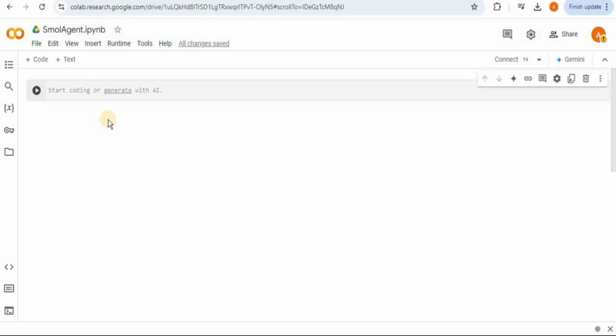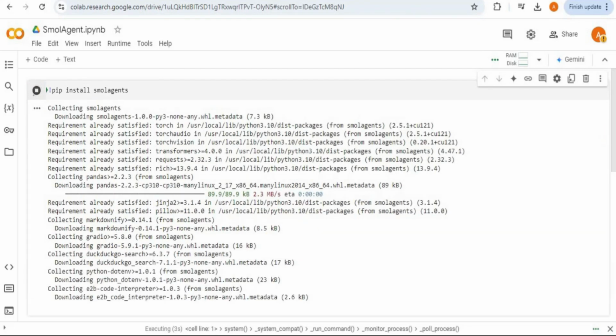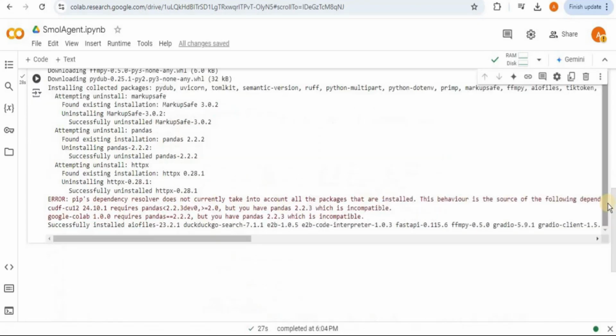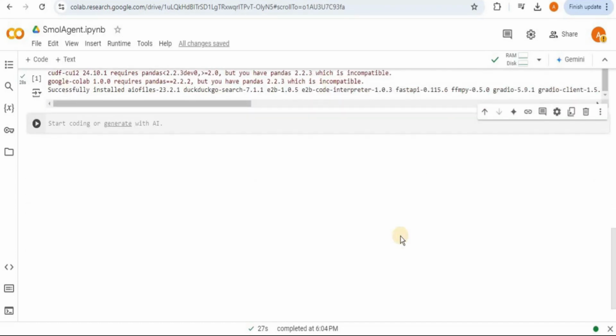For the installation, I'm going to use the Google Colab notebook. The installation of Small Agents is really simple. You simply have to run the command pip install smolagents. Once you run it, it is going to download and install all the dependencies which are needed to run Small Agents. Once everything is successfully downloaded and installed, now I'm going to show you an example